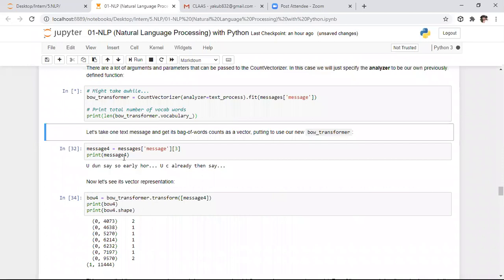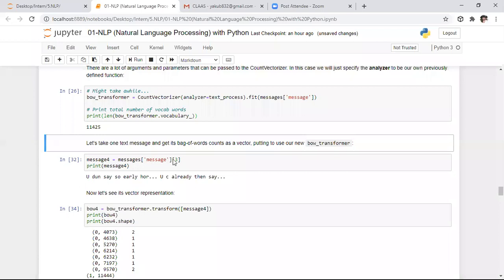Bag of words is nothing but knowing the vectors which are assigned to the specific words. For that purpose, I want to read message 4. Message 4's index will be 3, because indexes always start with 0. So if you want to read message 4, we need to specify index 3 here.